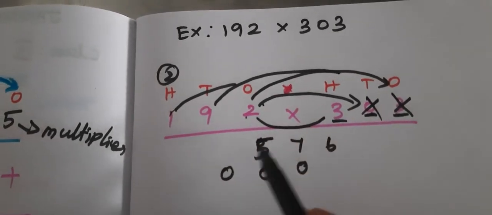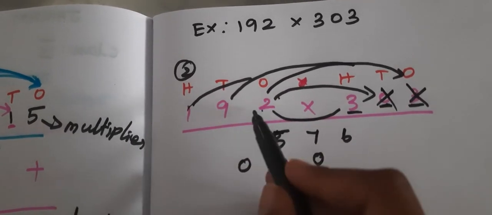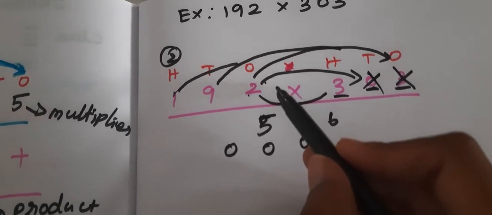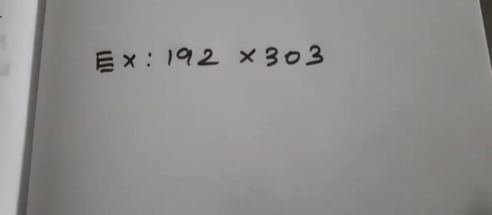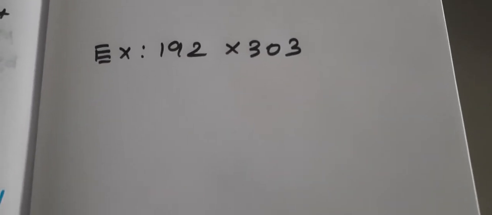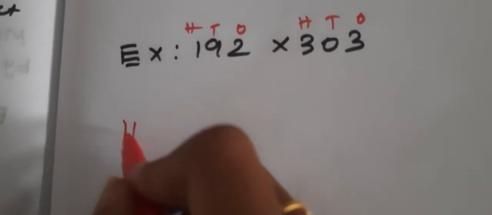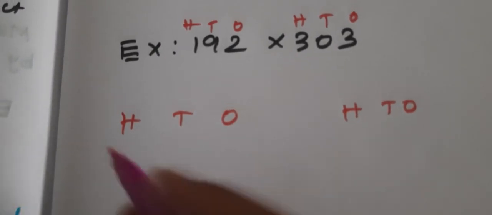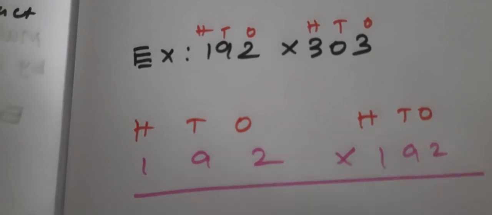Yeah, now we have to do it horizontal-wise. Horizontal-wise means, listen, you have to arrange the numbers horizontally. Now we see one more time. I will do it. So here I am going to proceed the horizontal way. Okay, see here: ones, tens, hundreds, ones, tens, hundreds. Listen, arrange the numbers in that way.